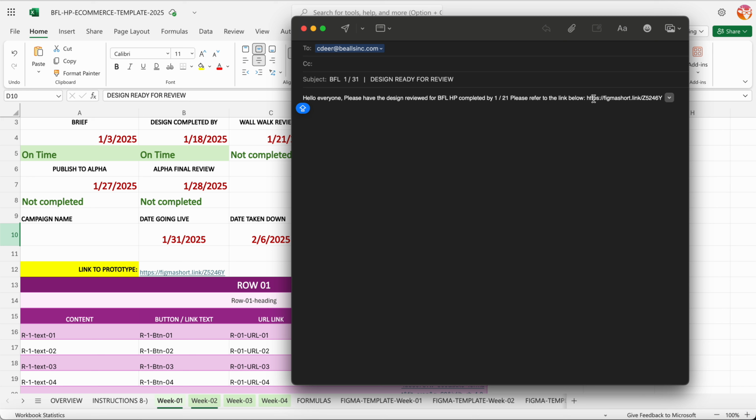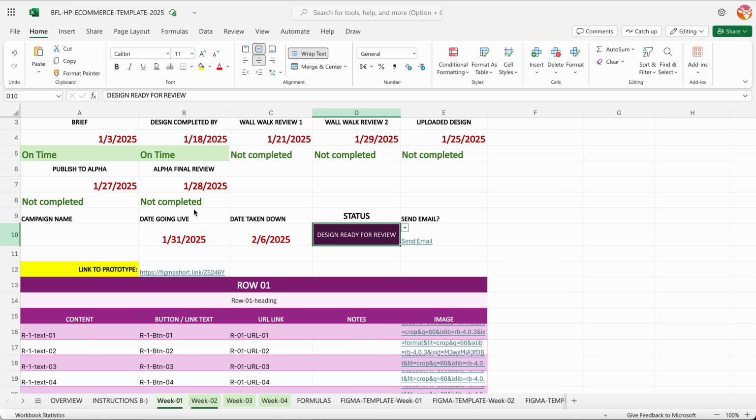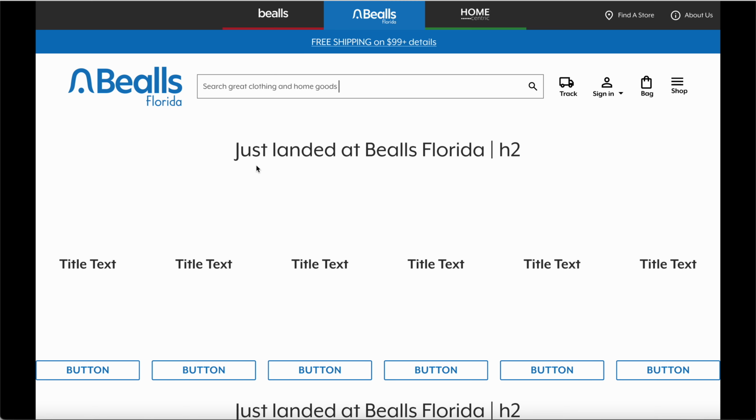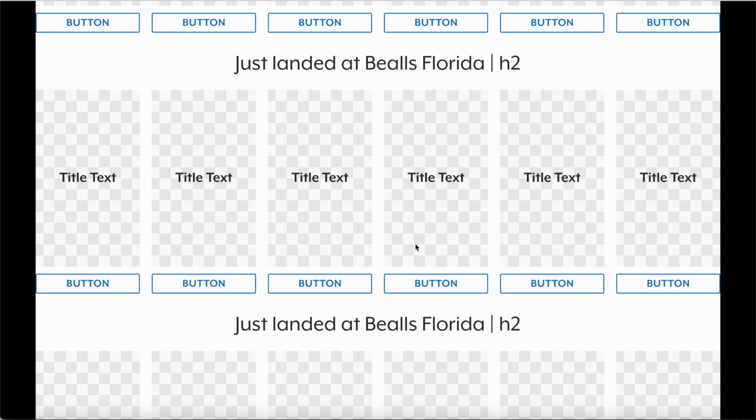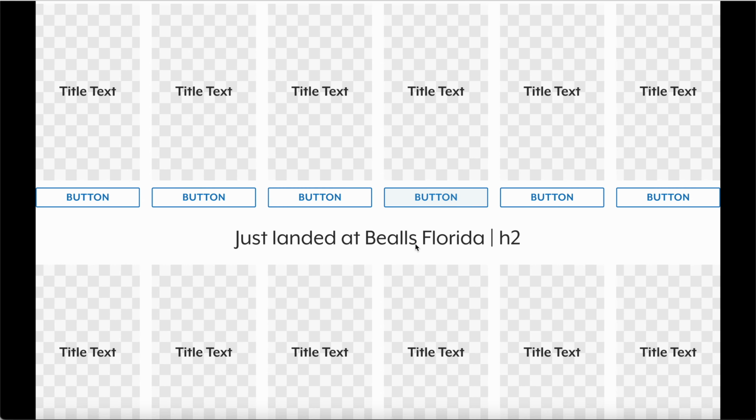And so the link is going to be this link here for the prototype. You'll be able to either copy and paste it into a browser, or you can simply go into the prototype and click on the prototype. Now that we click on the prototype and go into it, we check the prototype. And there's going to be just one